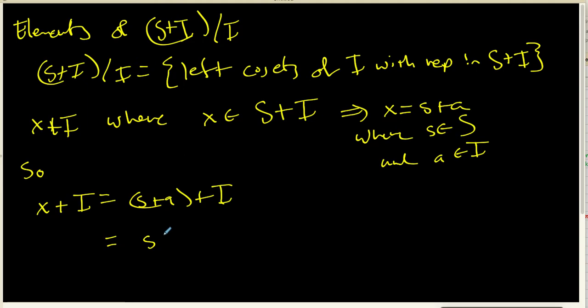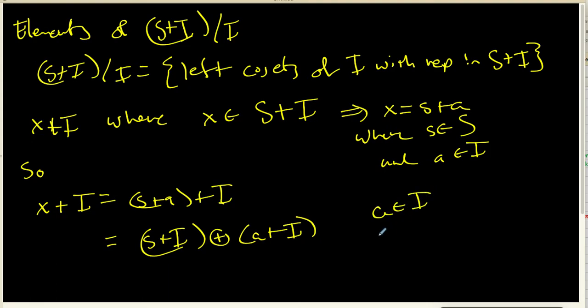That's going to be s plus I, plus, in the quotient ring, a plus I. But the only thing is a is in I, so a plus I is the same thing as 0 plus I. In other words, a plus I is just the 0 element, and so x plus I is really just s plus I,